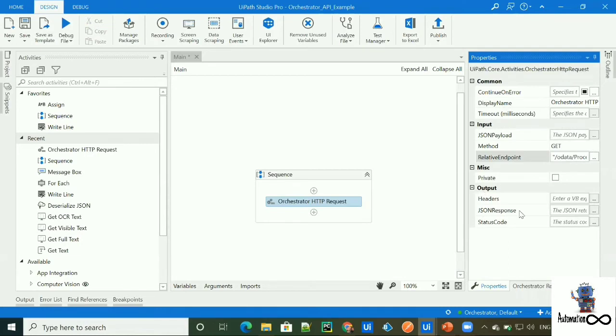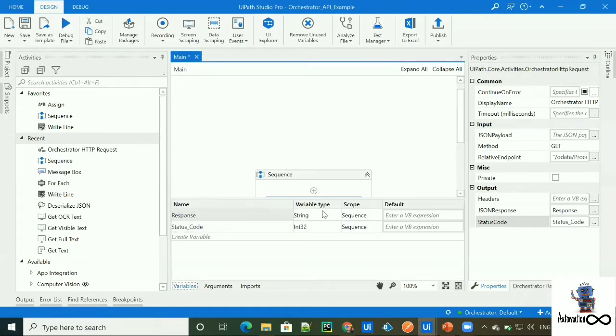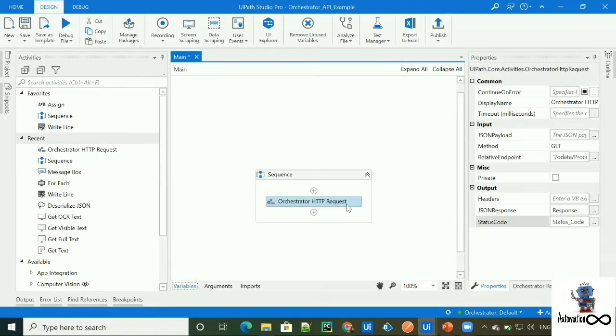In the output section, we need to create a JSON response. So let's create a response variable over here and a status code. Okay, our variable got created here. We'll be getting our response in JSON format as a string.